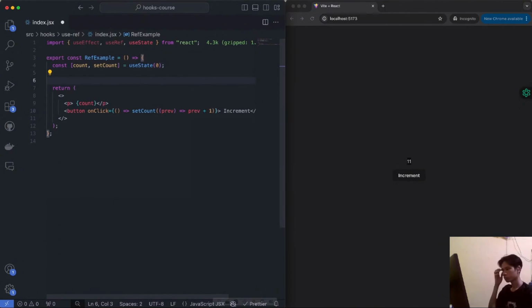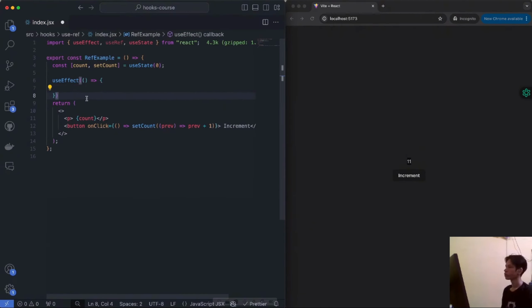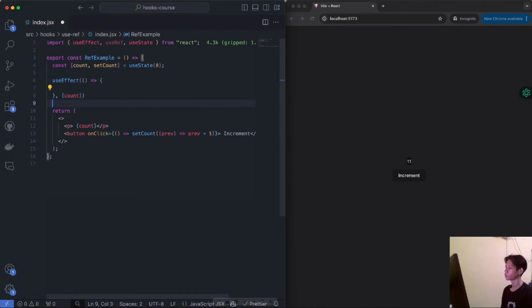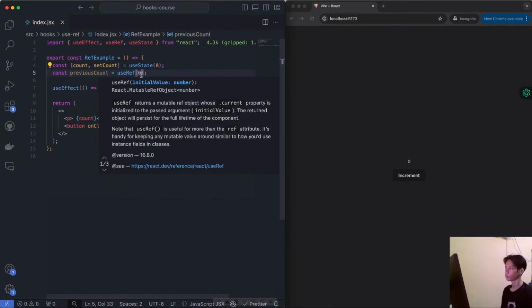Now, if I wanted to do that, what I can do is, first of all, set up a useEffect that will be called every time the count changes. And we can do that by passing the count to its dependency list. Then what I can do is create a previous count ref. So I'll say const previousCount is equal to useRef, and we'll set its initial state to 0